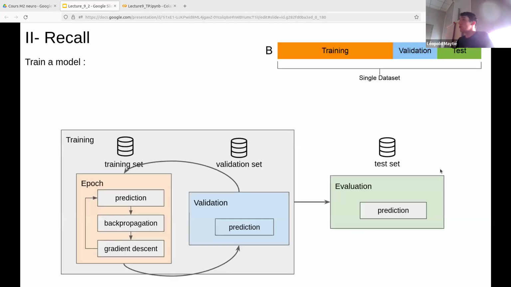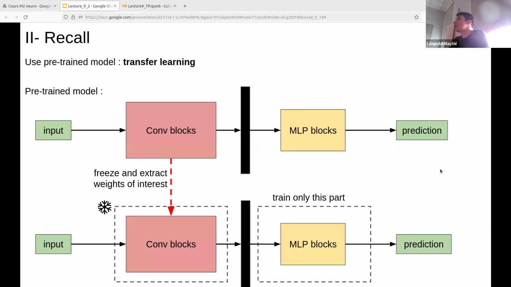So this is when you want to train the whole model, but something that is done and used a lot in multimodal AI is to use a pre-trained model. So here you have a model, for example, a convolutional model that you want to use to classify images. You have your different convolution blocks, and at the end you have your MLP. You can train your model on a specific, big data set, and then you reuse the parameters of your model. For example, you take only the convolution blocks and you retrain the last part